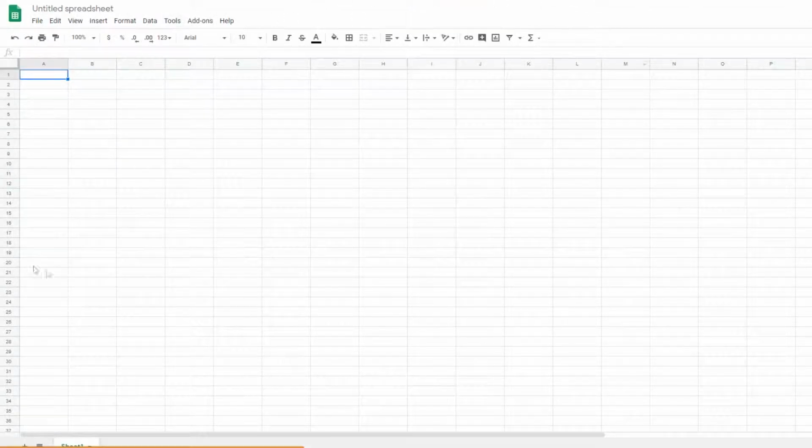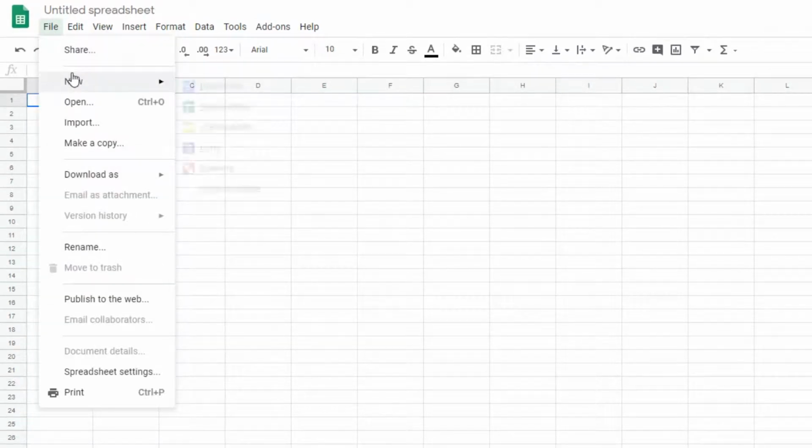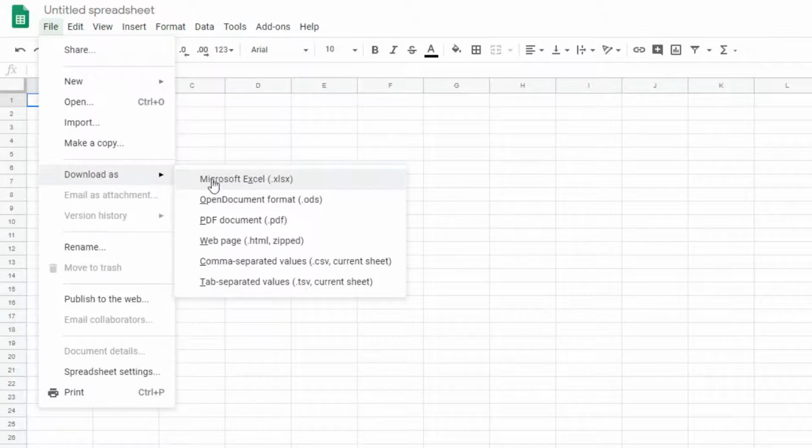This is how an Excel sheet looks like. It has most of the functions of the offline version. The good thing with the online version is that all your calculations are saved in real time. You can also download such a created file. Download as. You choose Microsoft Excel. If you download the file in such a form, then you can send such a created Excel file to your lab